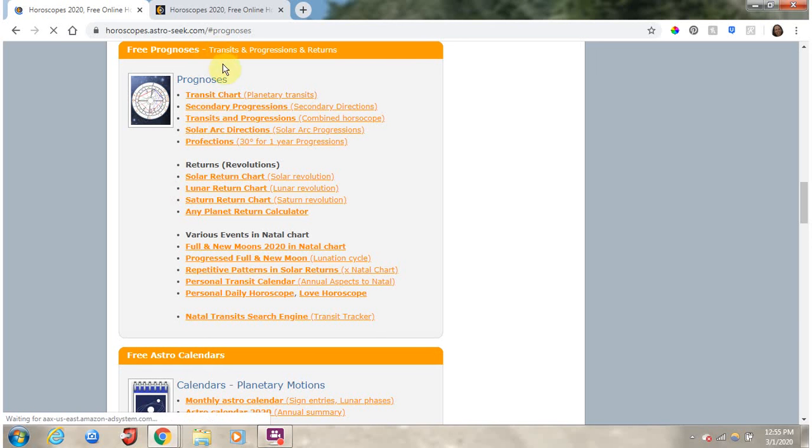And here you choose under returns, solar return chart. You can also look at a monthly lunar return, which is actually very revealing. And if you are interested in following the moon and what it does in your daily life, as well as does the lunar return chart affect you on a monthly basis,